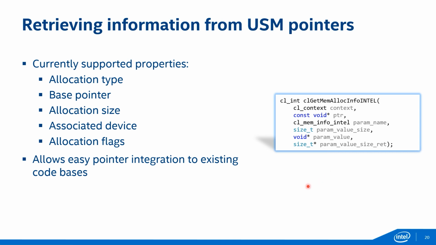We added similar calls for pointers as well. We call them clGetMemAllocInfoINTEL, where you pass a pointer and you can obtain all this information like allocation type, base pointer, allocation size, or associated device, or the flags that were used for creation of such